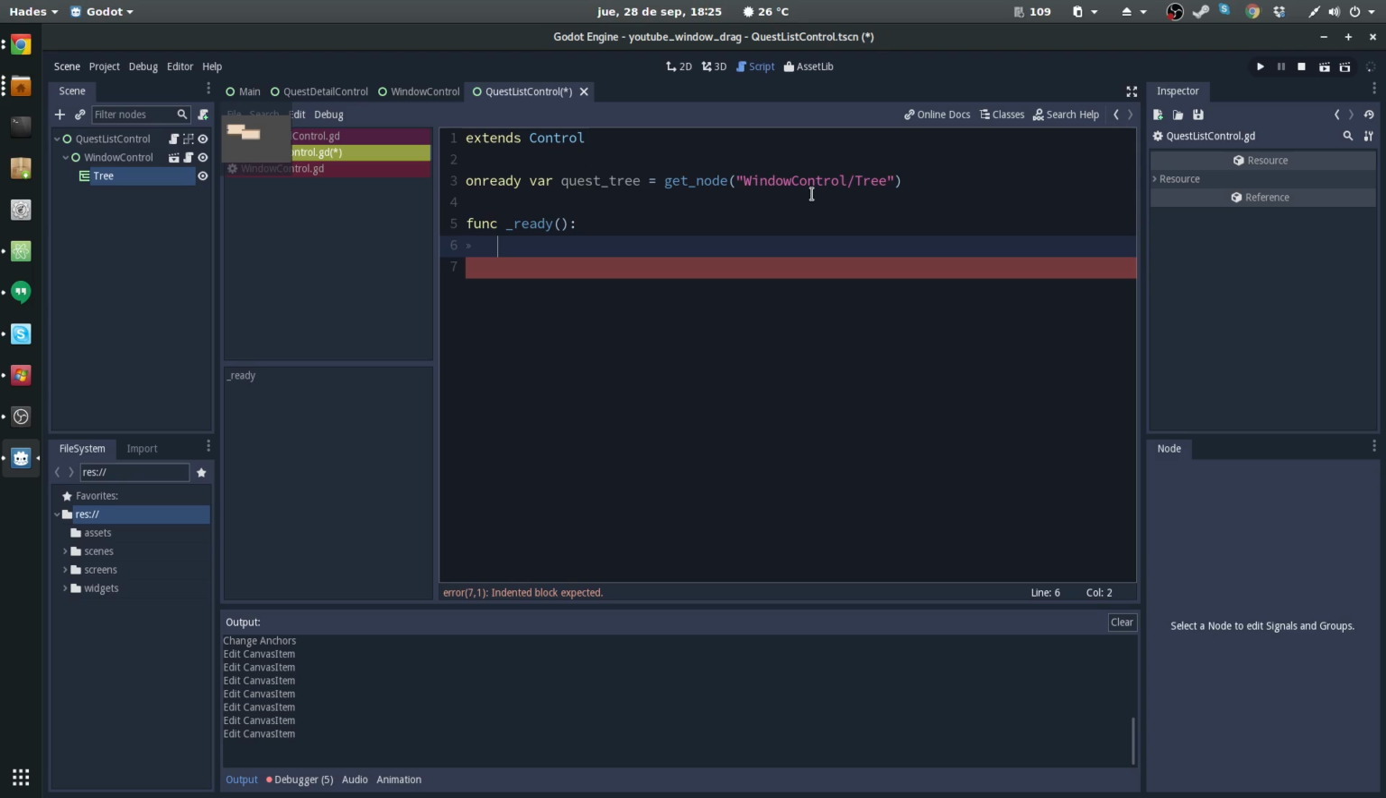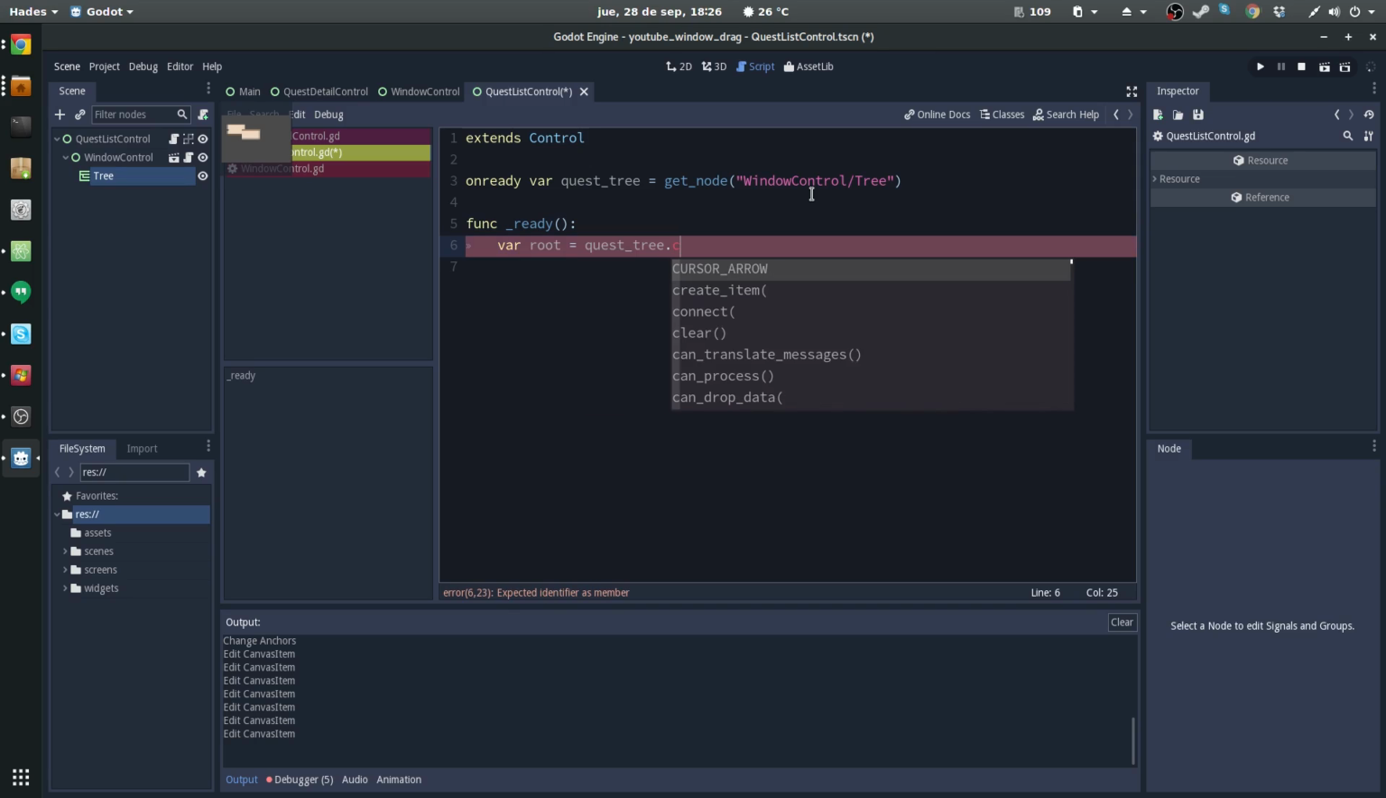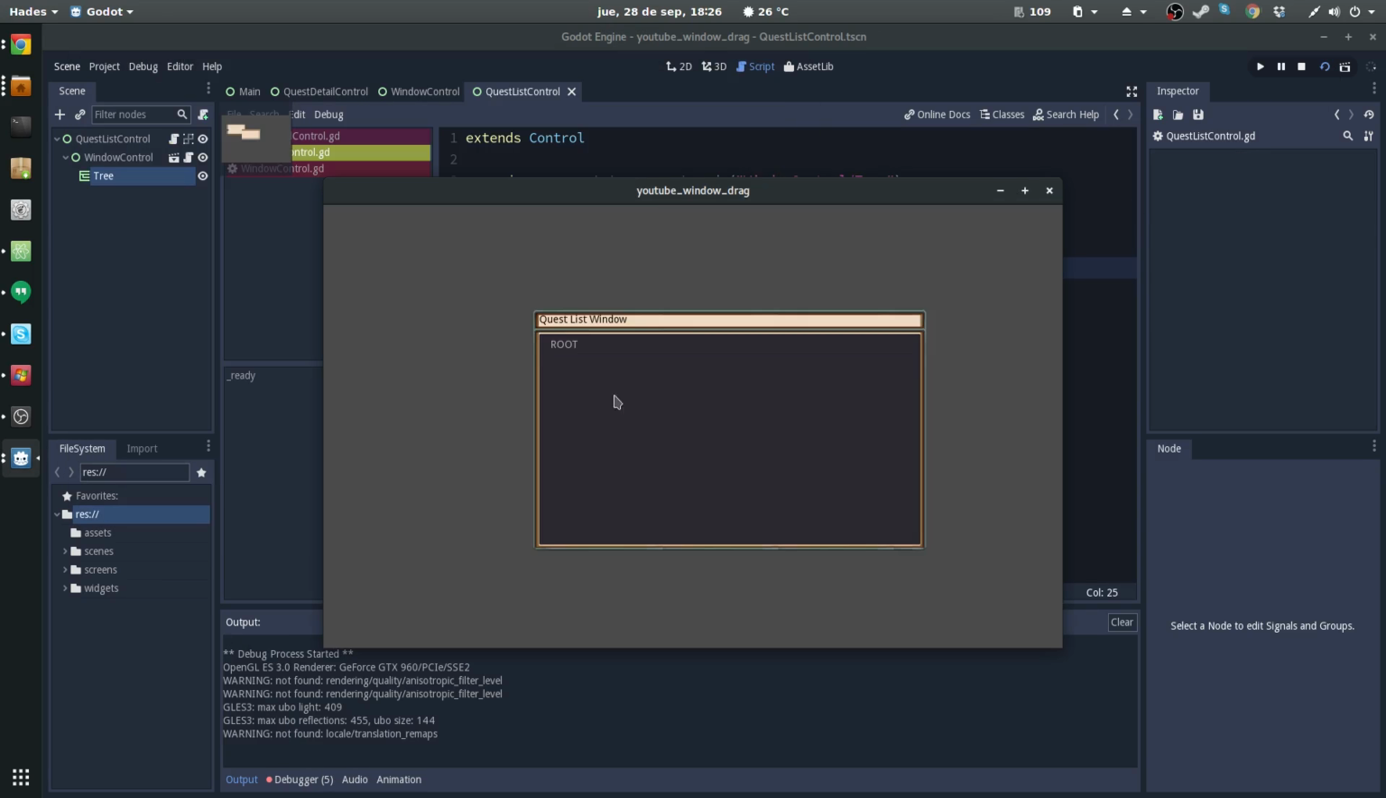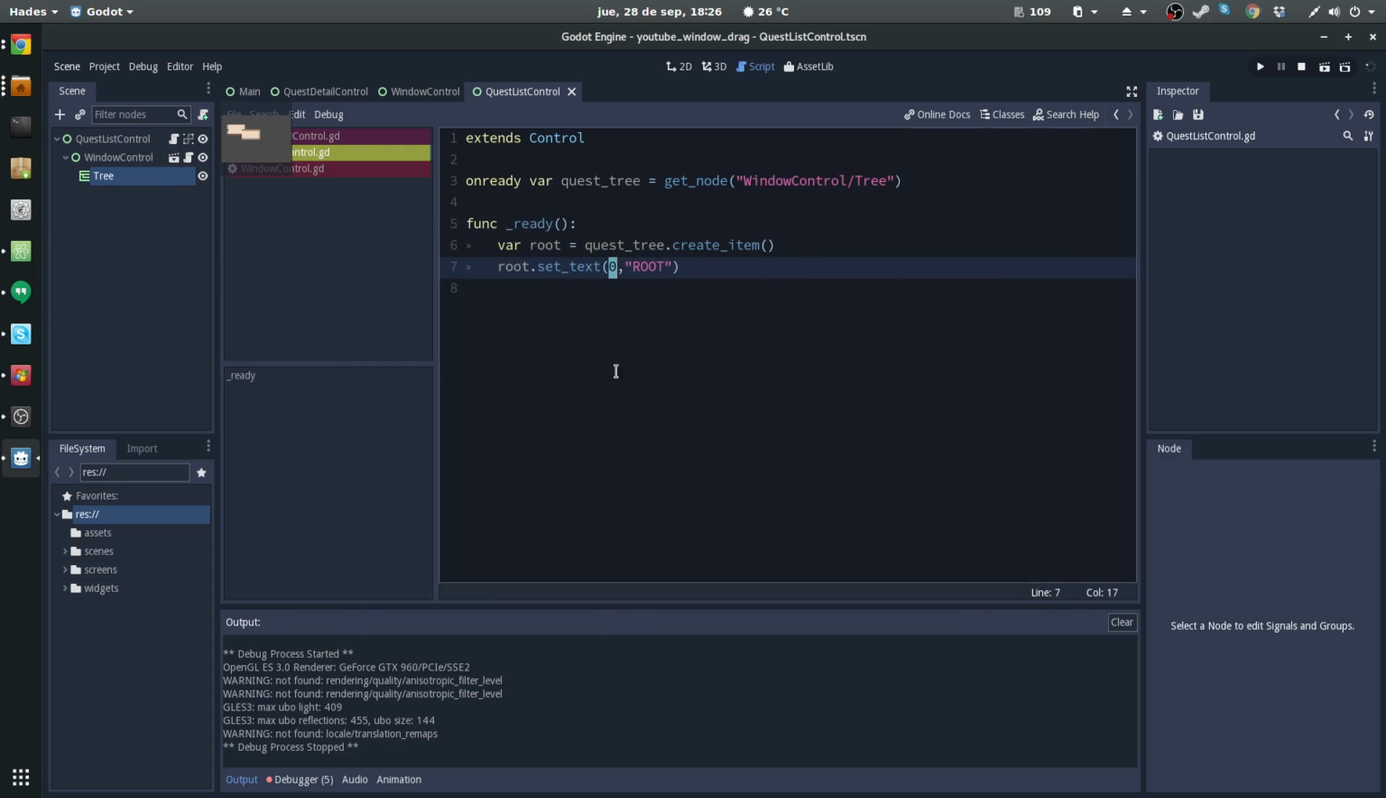So the tree doesn't do anything by itself. What it needs is tree items. So we need to create, for example, a root. How do we create the root? We call the node and tell it to create an item. And we have the root. Root set text 0 root. Done. Work. We have a root and that's it. The next question is, what's this 0? Well, that's the column. I'm going to talk more about columns in a moment, but